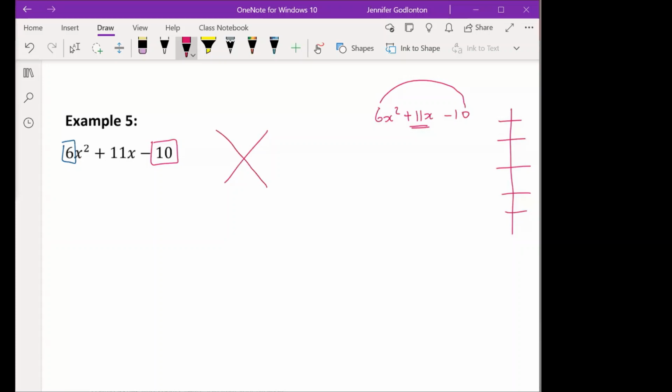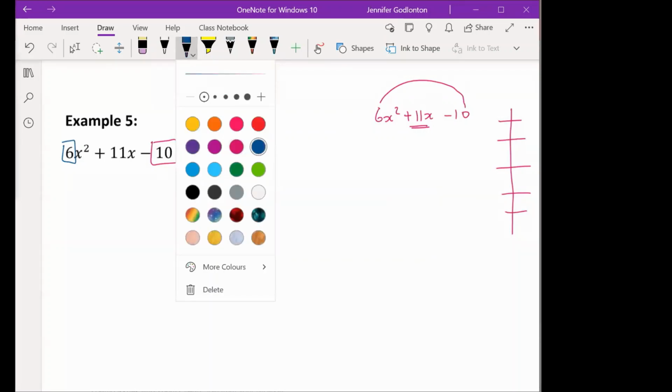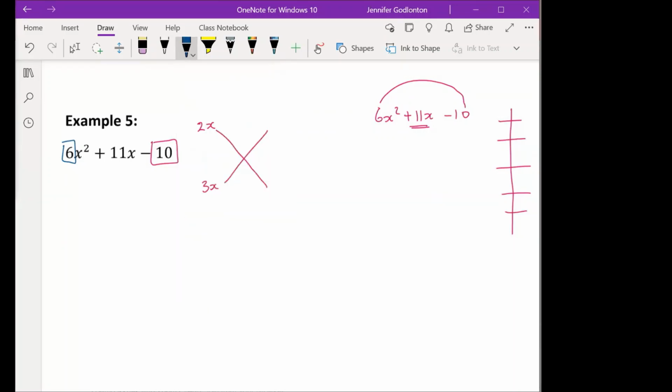Yes. Okay, ma'am. So you're going to say 2x times 3x. Okay, so we're going to have 2x over here and 3x over there. Cool. And 5 times 2. Okay, so where do you want my 5? At the top. The 5 to be with the 3x, yes. And the 2 here. Yes. Okay, so let's multiply those out. 2x times 2 gives me 4x, and 3x times 5 gives me 15x.